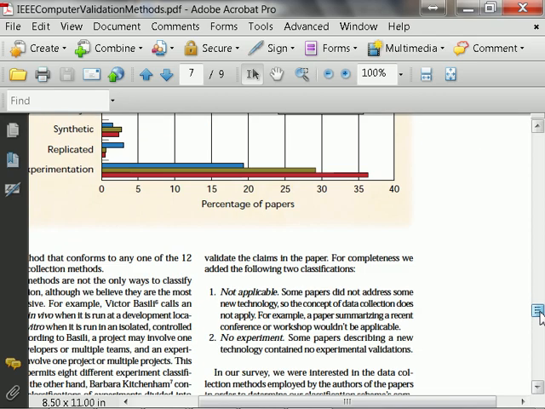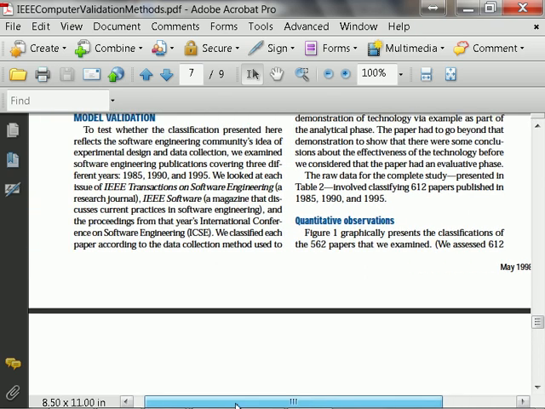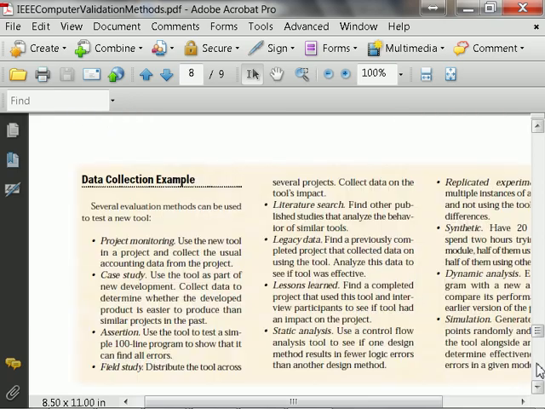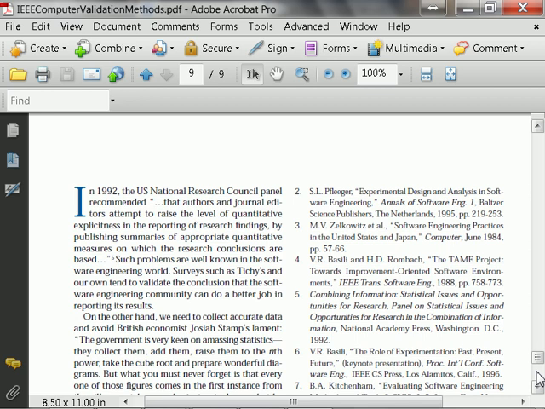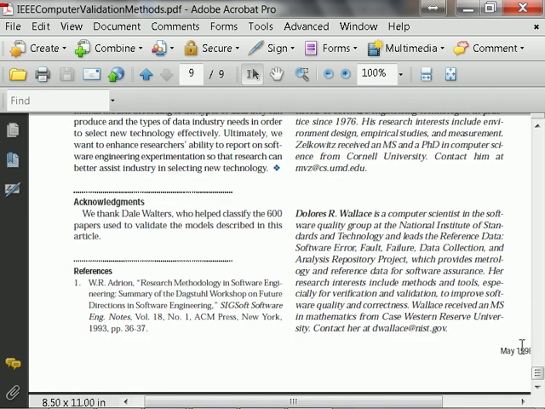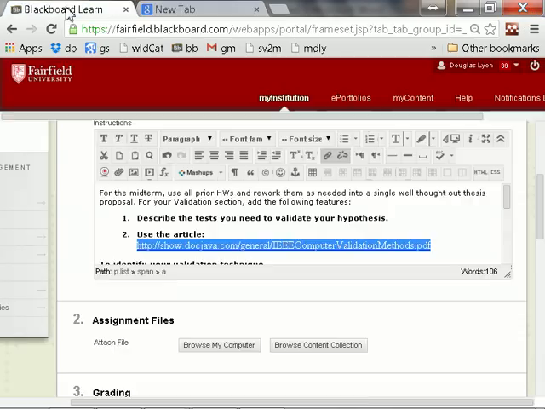If you have a hypothesis, you're going to have some kind of experiment, I think, in order to validate the hypothesis. That's all I can think of. So that's going to become a part of your validation subsection. And then, what else do we need? After you read over that article,